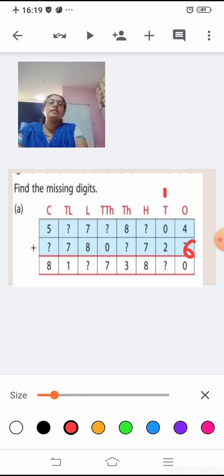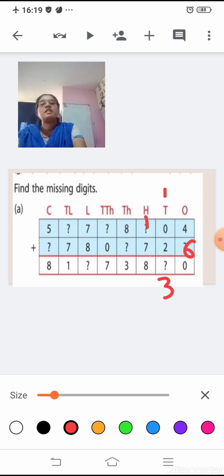Now 2 plus 0 is 2, 2 plus 1 is 3. You can directly write the answer here, 3. Now 7, and here the number is 8. Now 8 is bigger than 7. So 7 plus what number will give you 8? That is the number 1. Now in the thousands column, you see again it is 8 here, and when you add the number, 3 is smaller than 8. So which number if you add to the number 8, will you get the number 3 in the ones place.